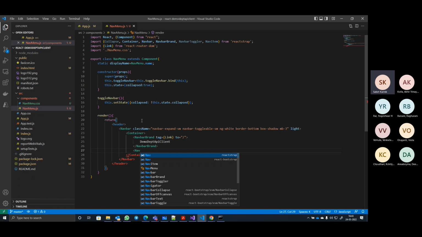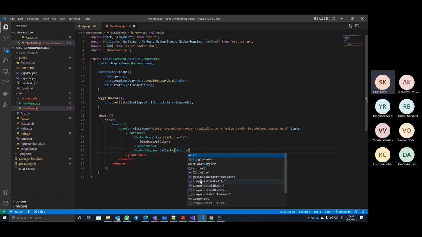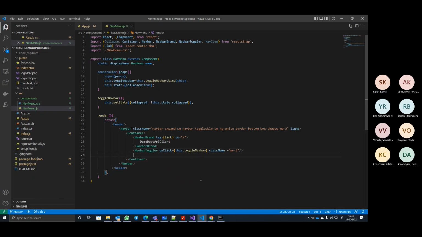Next comes NavbarToggler. On click of which I want to bind to that event, toggleNavbar, which we have created here. So here I say this.toggleNavbar. Bootstrap class name, let's say is mr-2. So that will handle whether the hamburger menu needs to be displayed or the fully expanded nav bar is going to be displayed. There I have the instance of the Collapse component with class name